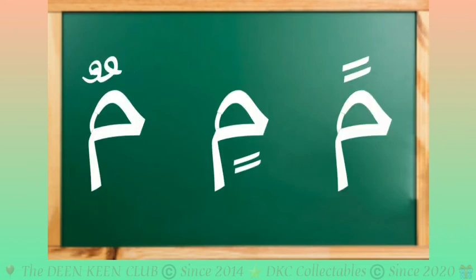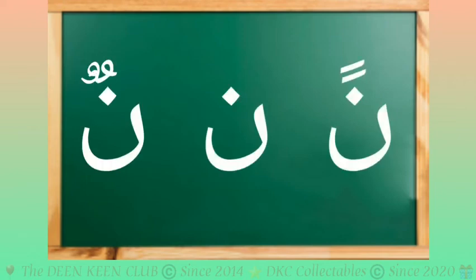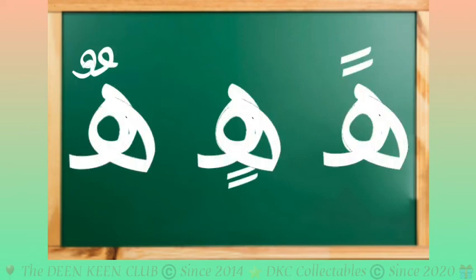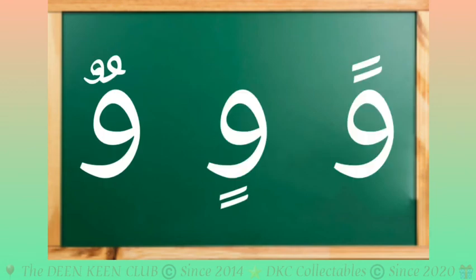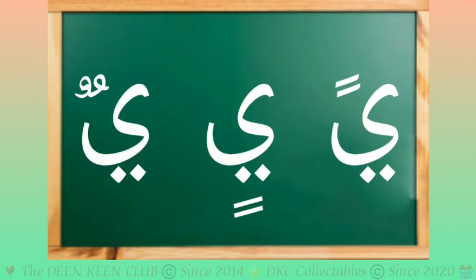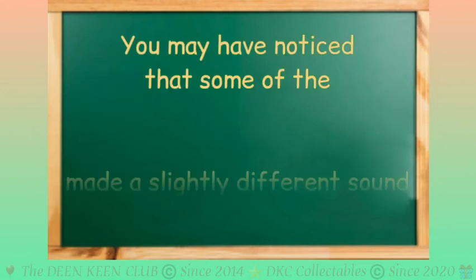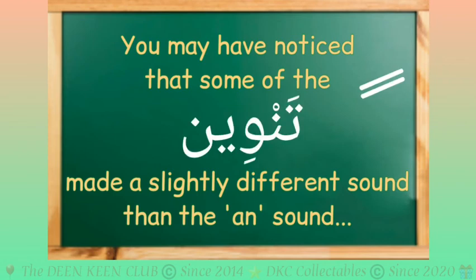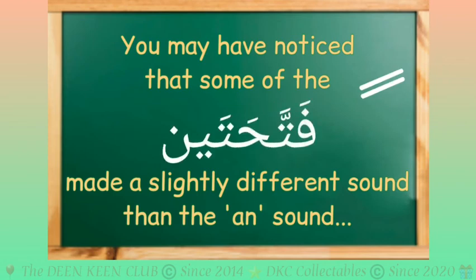Meem, men, min, mun. Noon, nan, nin, nun. Ha, han, hin, hun. Wow, wen, win, wun. Ya, yan, yin, yun. You may have noticed that some of the Tanween with the FAT-HAHTAIN made a slightly different